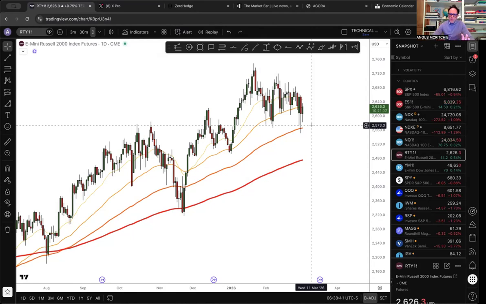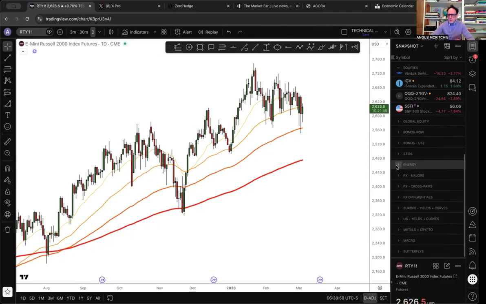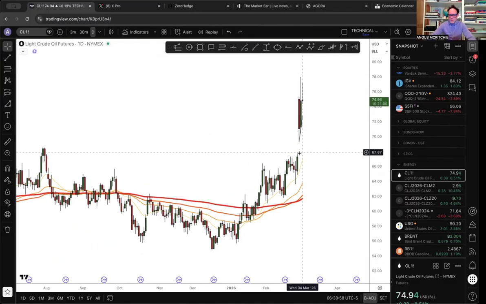So the point is that although Trump's comments yesterday calmed the oil market, we can see, if we just go to the oil market, let's have a quick look as we're chatting here. You look at the oil market here, it actually spiked higher. So it went down, but overnight the market is essentially still nervous and not convinced. And we see the gap up on Sunday night here, which went up. It came down, but you can see here that the market is still trading at a very, very elevated level.